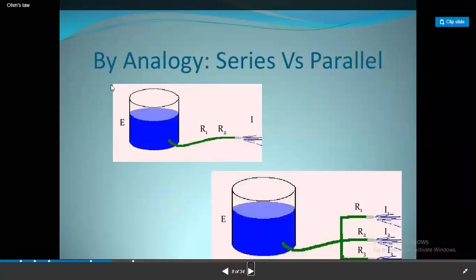Right. Then as I mentioned, in a series circuit, these are the two resistors connected over here. When you provide some kind of a potential, the same amount of current travels through. You can say that the water traveling from this end, the same amount travels through this. Therefore, the current is similar for a series circuit.